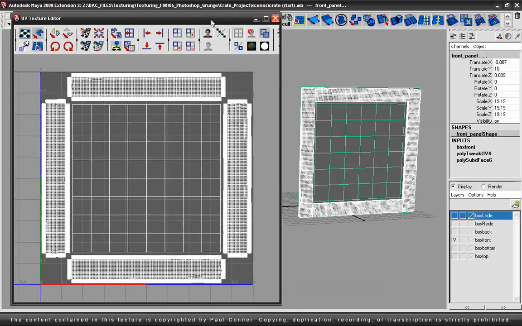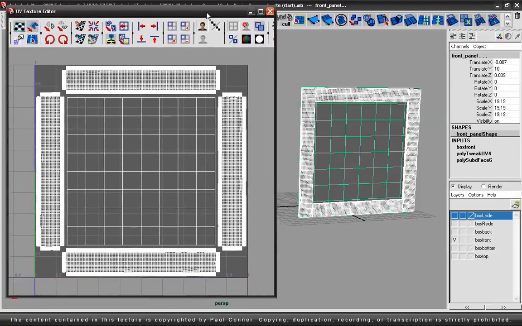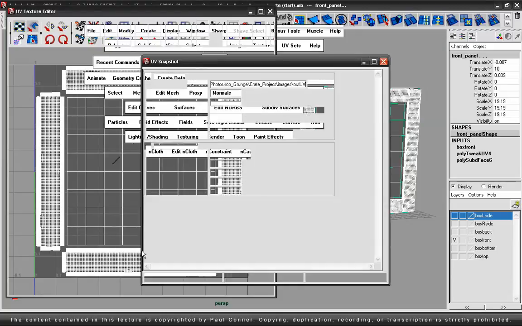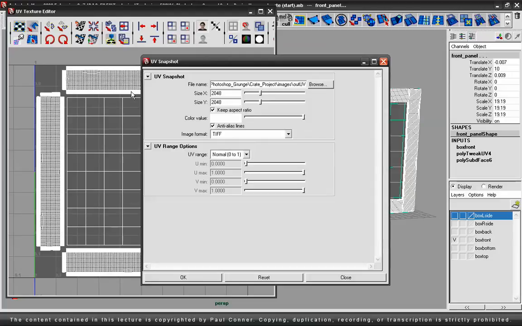So the first thing I need to do is I need to go in and do a UV snapshot of this so that I can have texture placement inside of Photoshop. So with all of these items selected, I'm going to go in here and I'm going to go to Polygons, UV Snapshot. And I'm going to go ahead and do a 2K texture on each side of this box, on this crate. So I'll call this box front underscore out UV, and of course my project is set, so that will be placed in the images folder. I'm going to do a 2K image and I'm going to save out a TIFF file for this. So I'll go ahead and click on OK,